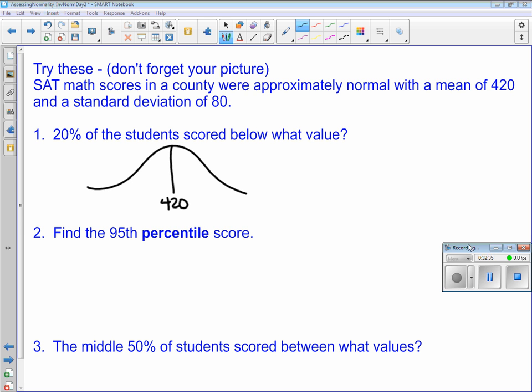20% scored below what value? So is 20% going to be on the left-hand side or the right-hand side? We're always going to go from the left to the right. So I'm talking about 20%. I'm trying to figure out what value this is. And I know, according to my picture, that the percentage in here is 20%. Are we okay with my picture? Again, this time I'm given the percentage. I don't know what number that is. All right, well,